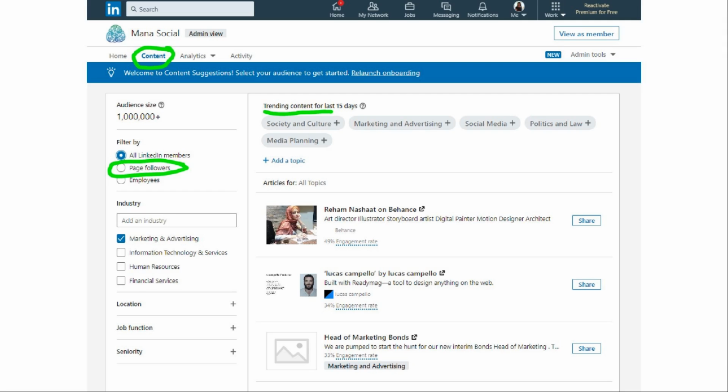Let me show you. So if you go to your business page, you will see up the top there, we've got home, content, analytics and activity. So I've gone into our actual business page and I'm an admin of that page, so it's giving me the admin view. If you click on content and you want some content ideas, then LinkedIn will actually tell you. So see down the left there, I've got the 3 buttons and I've circled